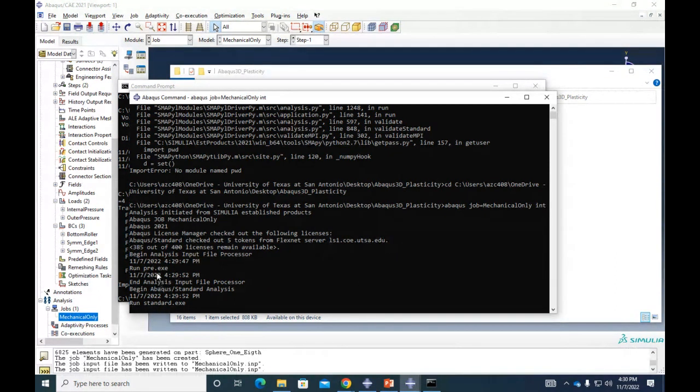This is the license server. Here, Abaqus, the pre.x is just reading the input file, and now it's running. Whenever the run is completed, Abaqus is going to say completed or error. But look, I submitted this job like 40 seconds ago, and it's still running. So imagine the solution time if we were to solve the whole sphere. And this is a really coarse mesh.